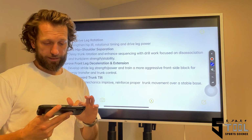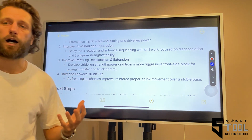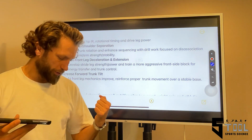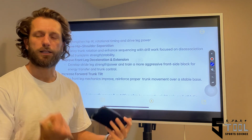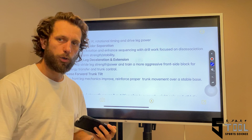And then improving front leg deceleration and extension, all right? So a lot of that is gonna correlate to what we talked about at the beginning with your training plan and developing leg strength and power. So when you're hitting front foot strike, okay, it's 0.1 seconds until ball release and a ton of force is hitting that front leg. Your front leg needs to be really strong. It needs to be really powerful to stabilize, be a solid base for your trunk to then rotate off of,